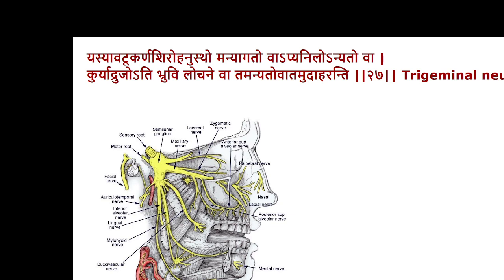Then comes the anyato vata. Anyato vata is exactly trigeminal neuralgia. Vata viparyaya and anyato vata have some similarities. The difference is that in vata viparyaya the vision would be affected, whereas in anyato vata, the patient would have "yasya avatu karna shiro hanustaha manyagato vapi anilo anyato va kuryadrujo atibhruvi lochanecha tamanyato vatam udaharanti." A pain in the whole facial area,